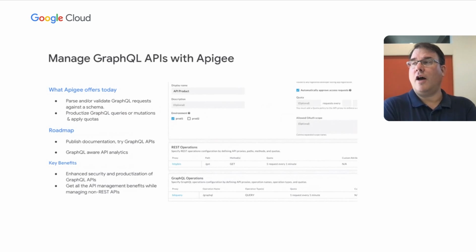So for instance, now that we understand the shape of the API, we can put a bunch of information into the Apigee message flow. We can then use other policies to make other decisions. So it gives a lot of flexibility for you as a developer right now to build some interesting GraphQL API related access control and other decision-making logic into your Apigee proxy. And it's going to make it possible for us to do even more with this in the future.